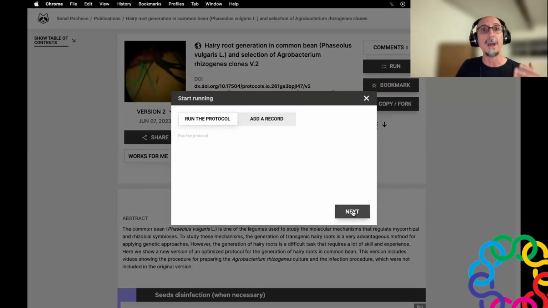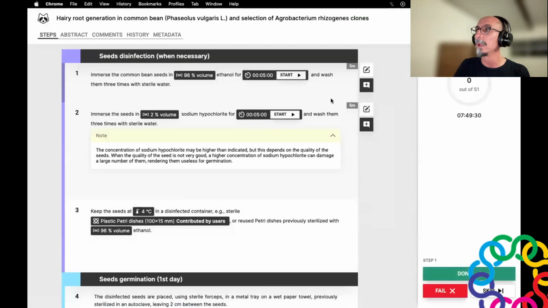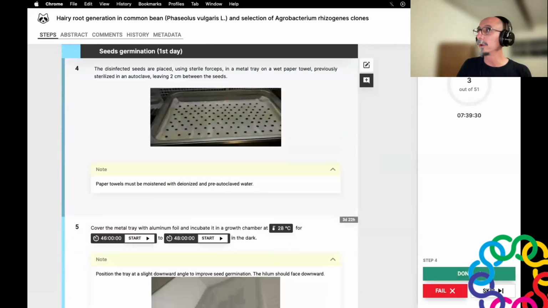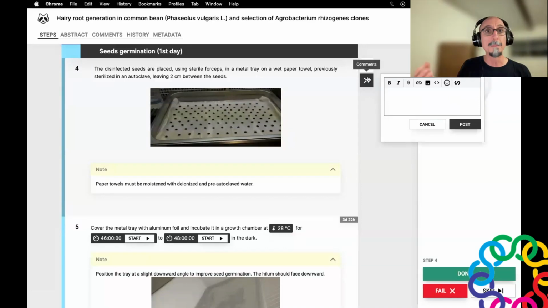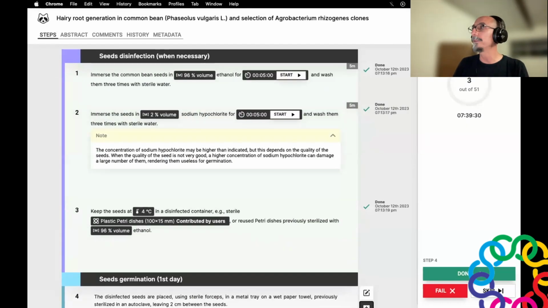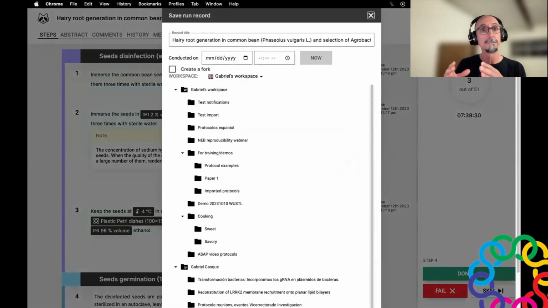So if we're talking about a wet lab protocol and potentially a computational protocol, as you make progress in the experiment, you can tick off every step as done. You can see the progress of the experiment. If I notice something unusual or I make a mistake, I can add a comment. And then I can save the run as an independent file, keeping record with a timestamp of that experiment run for that day.